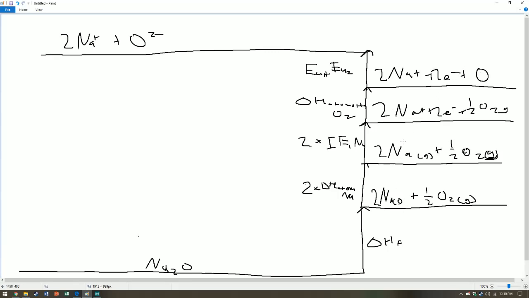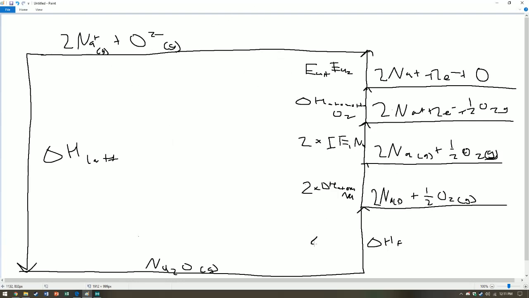You can really do this in any order. You can do these steps in any order you like. I just picked them arbitrarily because those are the ones I remembered first. And then remember that this is all equal to the lattice enthalpy, which is the amount of energy needed to go from solid to gaseous ions, delta H lat. And since both sides of this ladder are equal, note that this is just